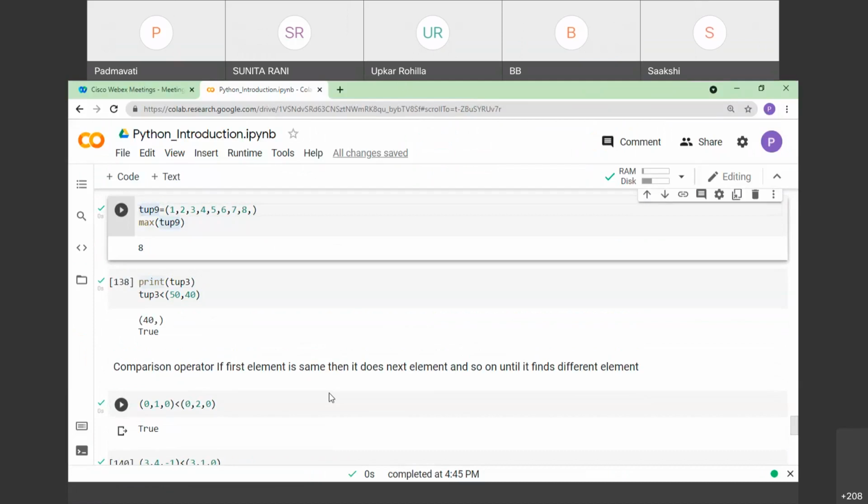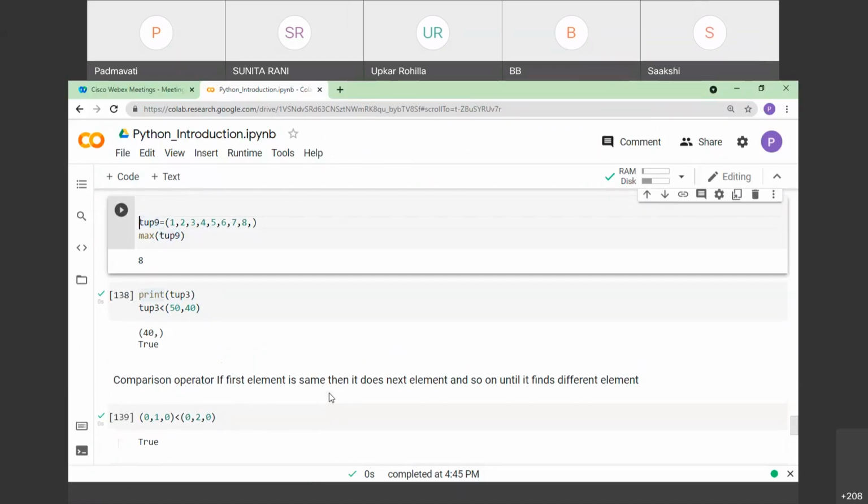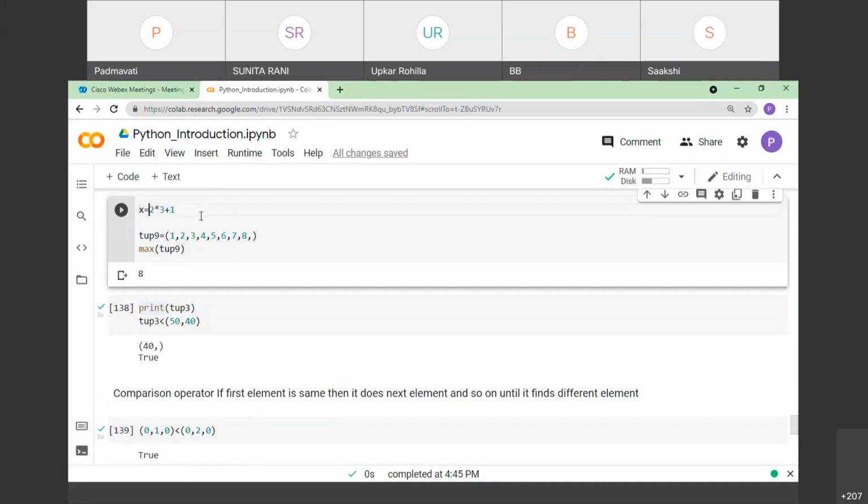Okay, expression operator is nothing but, suppose I want to check x is equal to 2 into 3, plus 1. Fine. When we check this, what happens? First 2 into 3 will get solved. Later on, whatever the result of this, that is 6, will be added to 1.